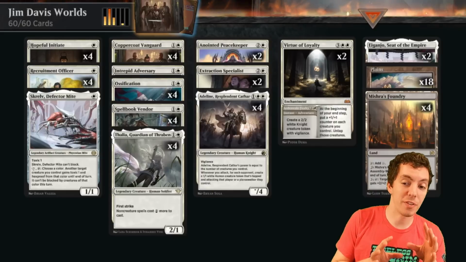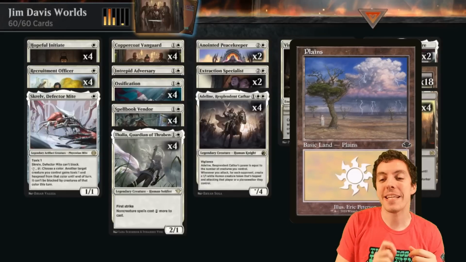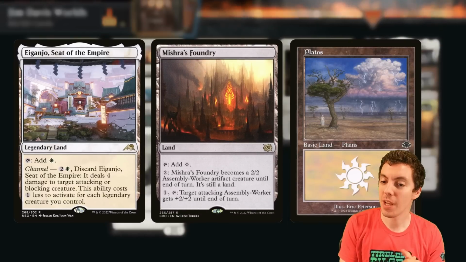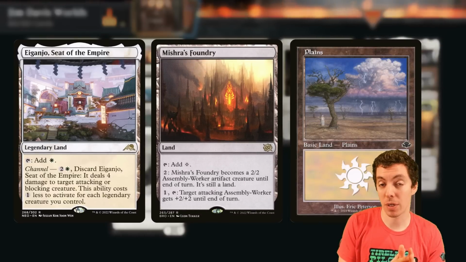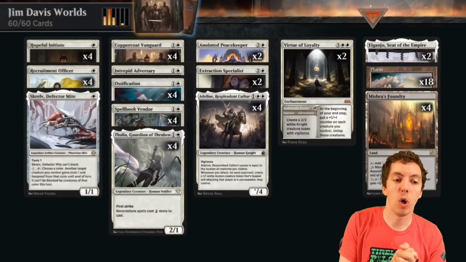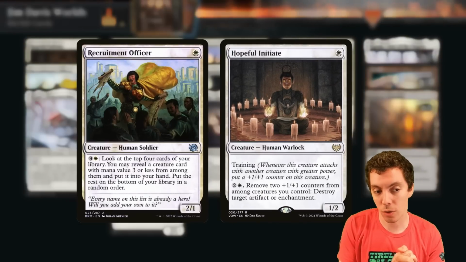Looking at the deck list here, we can see we're not messing around. 18 basic Plains, of course, 4 Mishra's Foundry and 2 Agadeem fill out the mana base. Nice and simple. One of the allures of playing a monocolored deck is no mana screw, no mana problems, no tap lands. At our 1-drop slot, we have Hopeful Initiate and Recruitment Officer both coming in early and hitting fairly